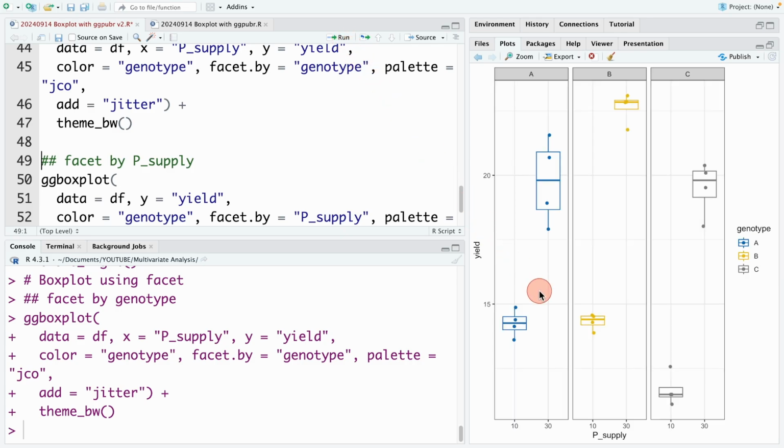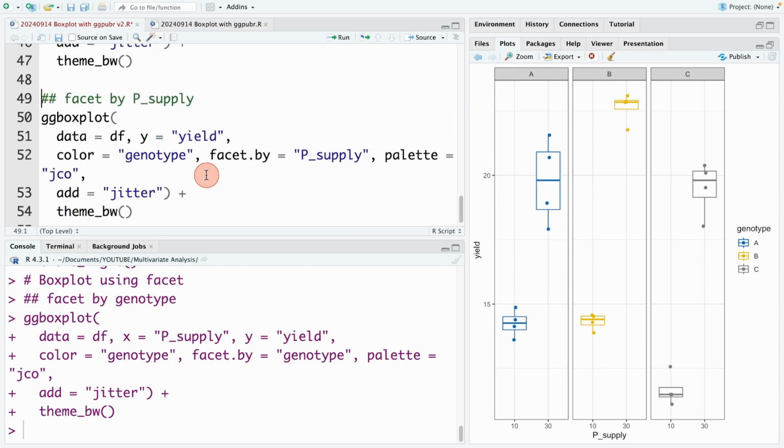So as you can see now, there are three different subplots in this plot. The first subplot is genotype A, and the second one genotype B, and the last one genotype C. We also can do facet by p-supply.